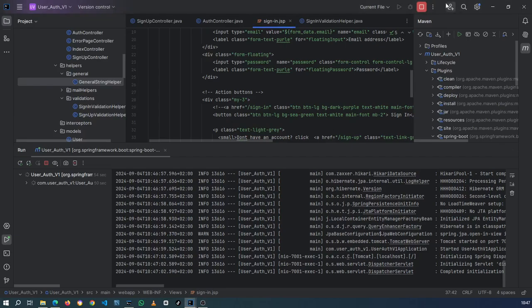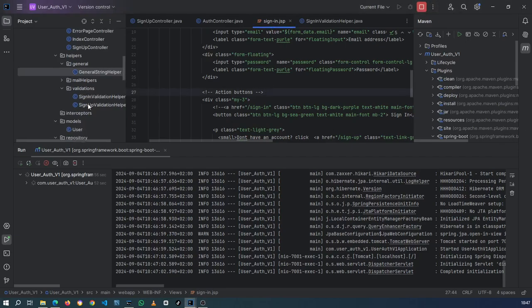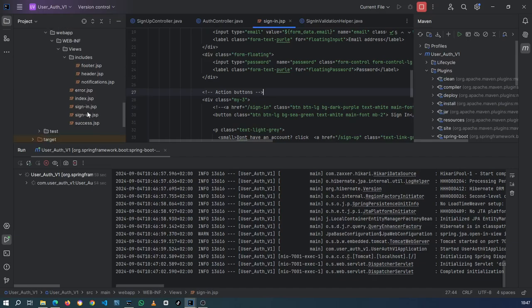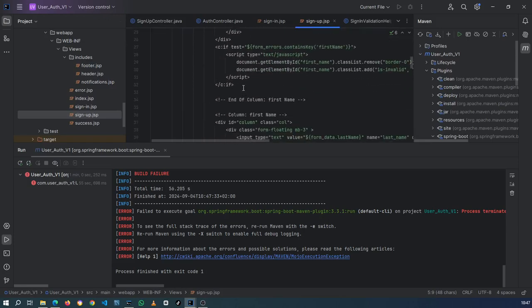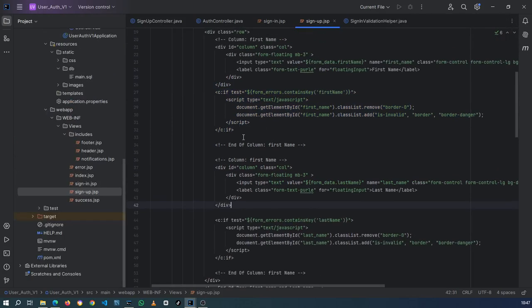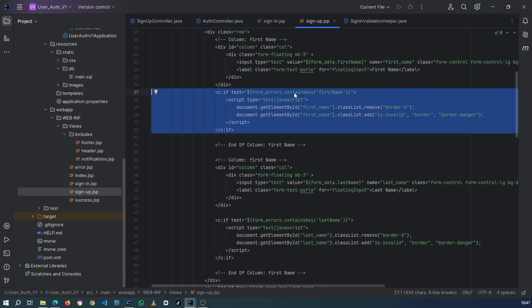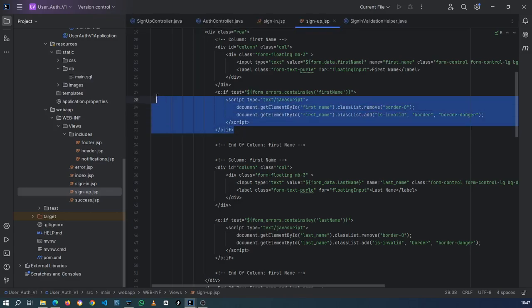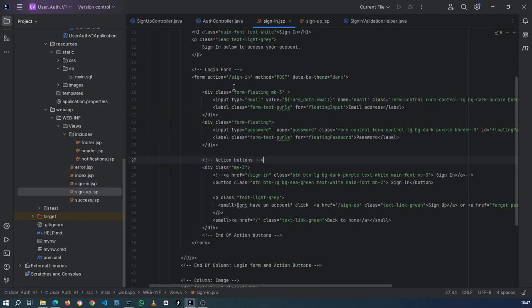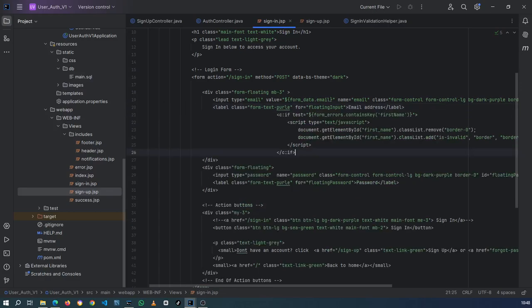So let's go to the, I'm not gonna type what we did the last time, so I'm just gonna come here to the sign up page, and I'm gonna copy this. Let me minimize this. I'm gonna copy what we did. So we're gonna do that form errors thing where we use JavaScript to add the borders and whatnot. So I'm gonna copy this part here, and then just below, yeah, just below that div,